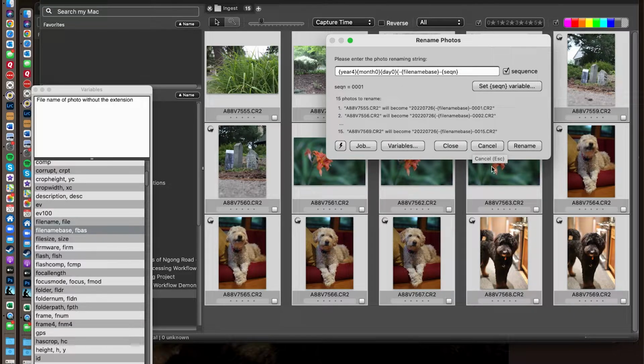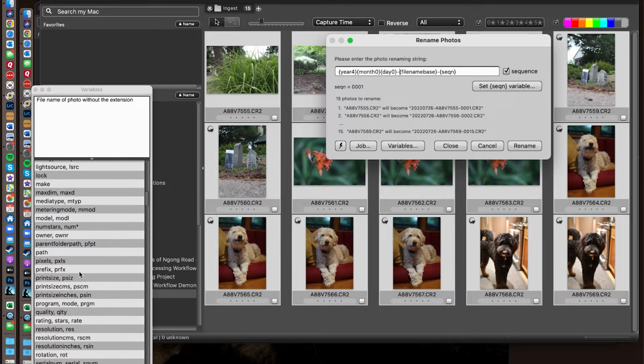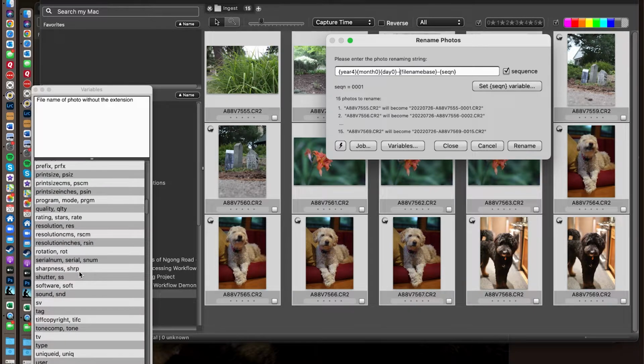Again, if you see down here, you want to make sure you eliminate any kind of little dashes in between there, just a simple dash. So just push the dash so you've got separation. So you have the date, a dash, now you know that's the file name. And then again, sequence. So we're going to go down here, find where the sequence is. It's alphabetical, so just